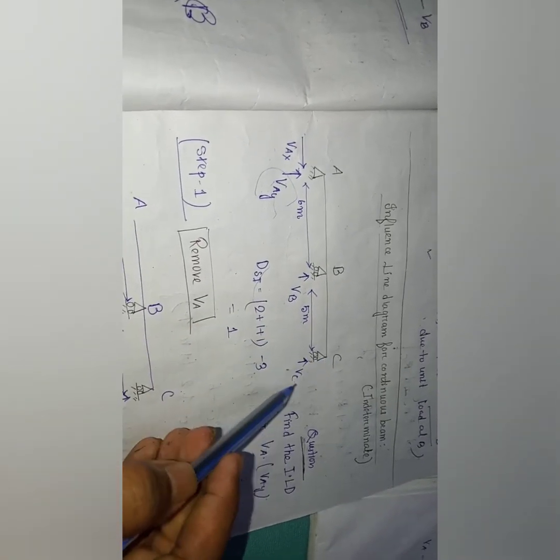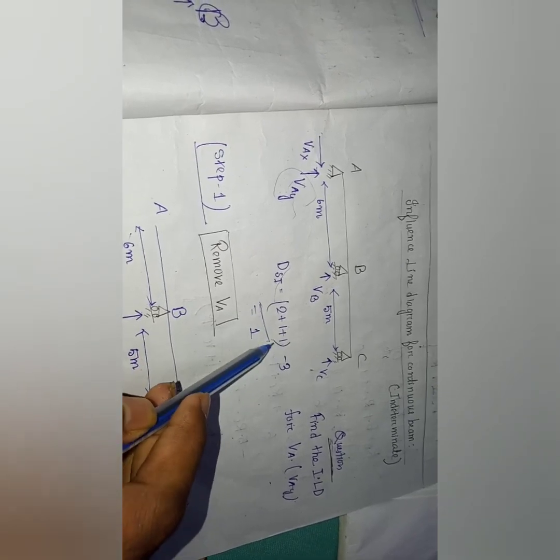So we have taken an example. You can see A, B, C. A, B, C are the supports. A is a hinge and B and C are rollers, right? So A has two supports, one is vertical, another is horizontal. We know it. For A it will be RAY and RAX, two supports A has. B is a roller support, so B has one support, vertical RB, and RC has only one support, that is vertical, because it is a roller, right?